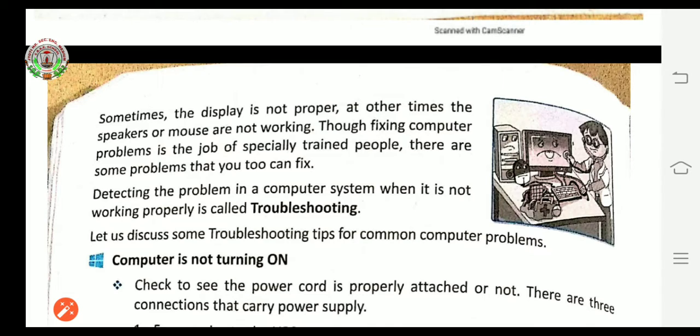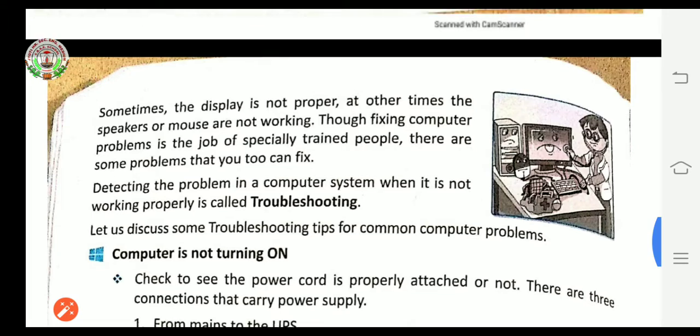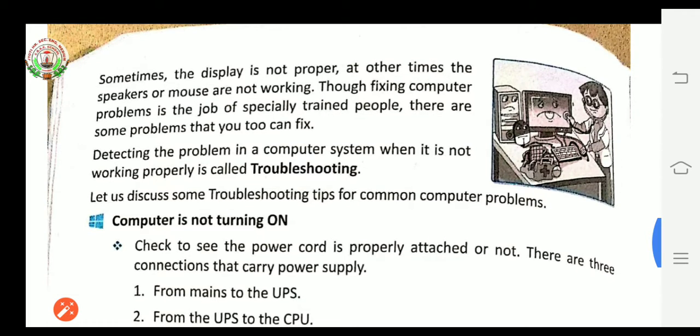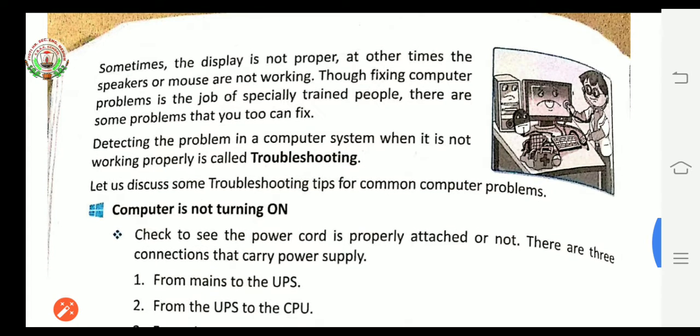Then what to do? For fixing computer problems we have trained people, and it is their job to sort out those problems. Besides this, there are some problems that anybody can easily fix. Detecting the problem in a computer system when it is not working properly is called troubleshooting.